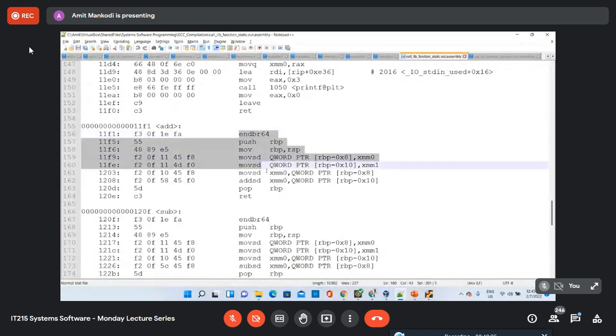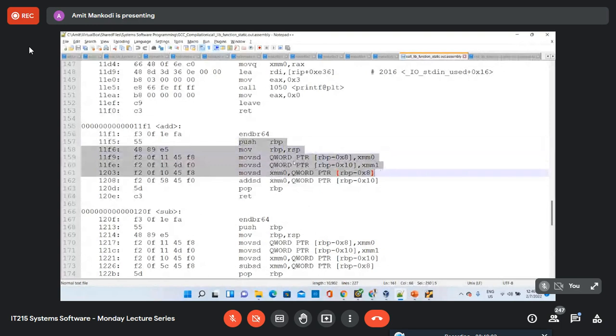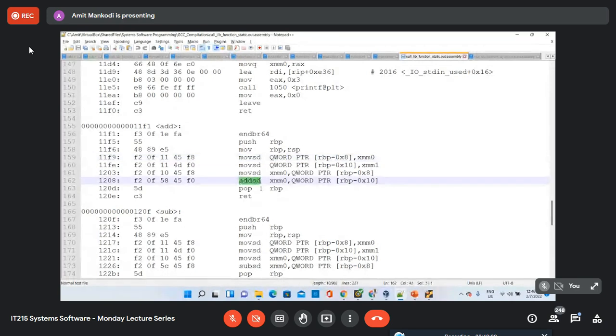So this is the actual object code of that function, which was there in the .a file, but it has been copied from that .a file to here, because we have linked the static library. And how do we know that? Because you can see that these are the parameters that it is trying to extract, right? It's basically reading the arguments that we have passed to the function, a and b, and then it is doing the addition.